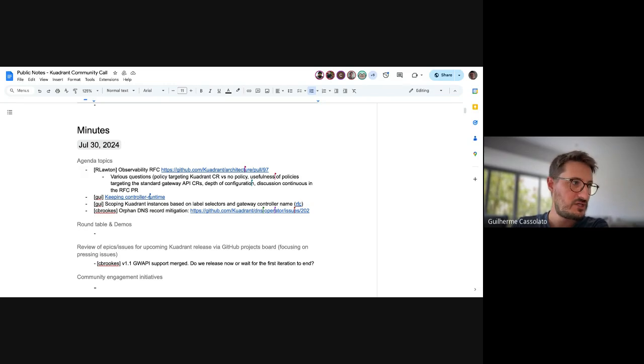So I would like to revisit this decision or this recommendation from yesterday's call before we move forward. And probably the best way to do this is by encouraging people to go into that old RFC. It feels abandoned now. I need to review it for sure. But I found there in the conversation history a comment, for example, from Iguski, suggesting that maybe we shouldn't focus on the controller name, but rather only on the gateway. By knowing the list of gateways, we should try to infer the controllers, this kind of stuff.